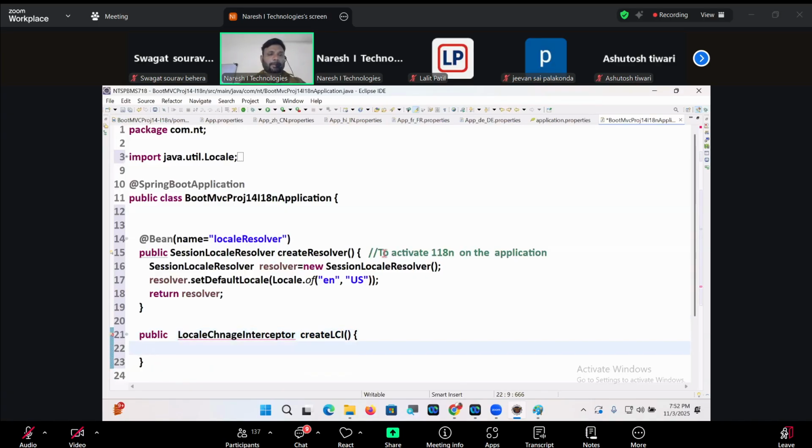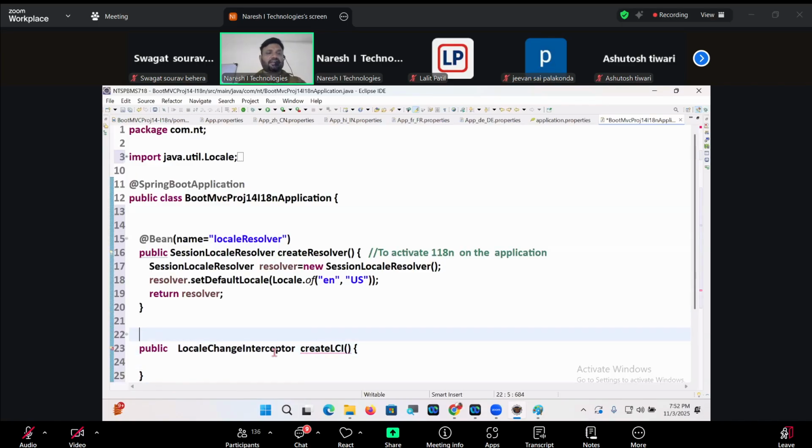Public LocaleChangeInterceptor createLCI. @Bean, name is equal to any bean ID. Here it is a fixed bean ID, you cannot take anything else. If I have not written a fixed bean ID, you can write anything. Yeah, public LocaleChangeInterceptor.